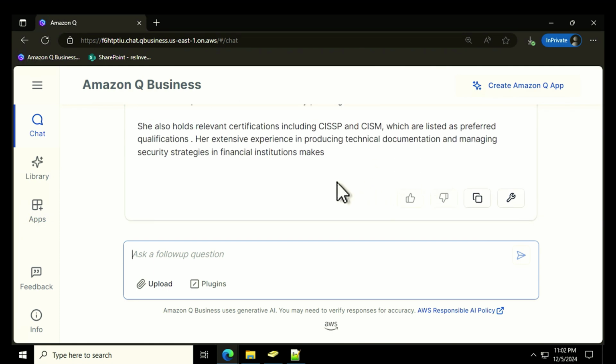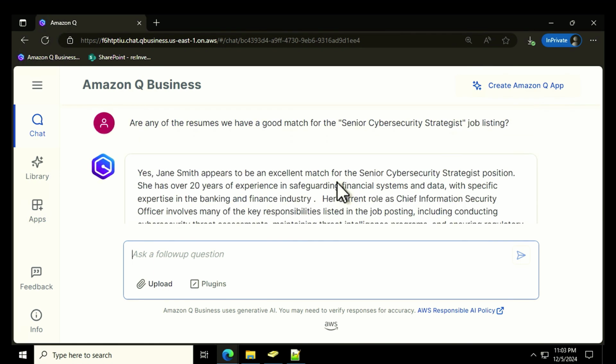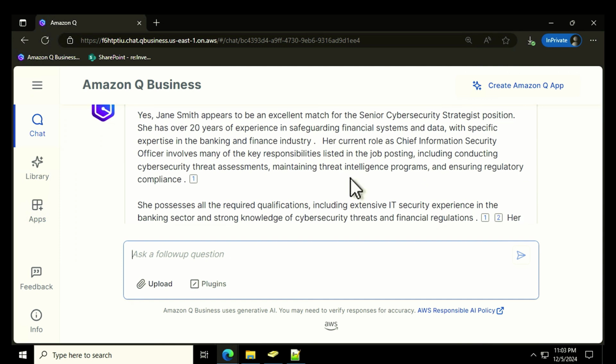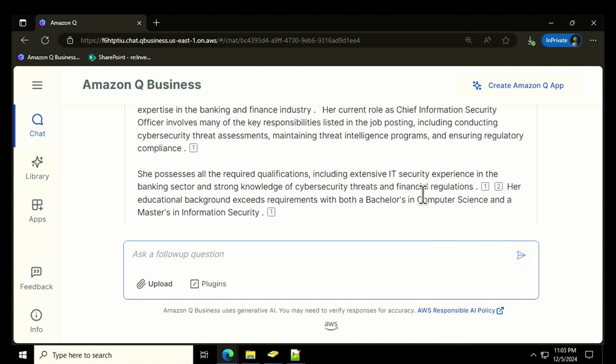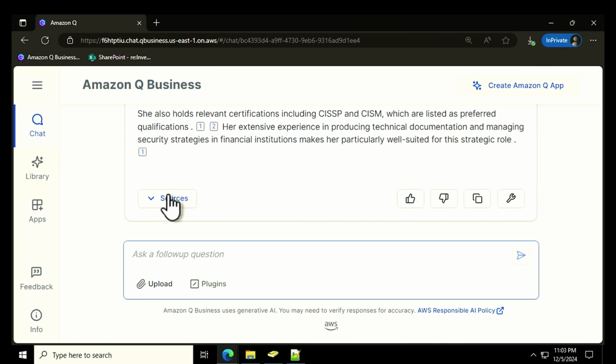And then I'll scroll up. So let's scroll back up. It came back with yes, Jane Smith appears to be an excellent match for this role, and it lists all the reasons why. And as Siavash showed earlier, it has numbers next to certain parts of the response that show that it's pulled data from a data source. And we see here specifically, it shows 1 and 2. So if we scroll down to the bottom and look at sources,